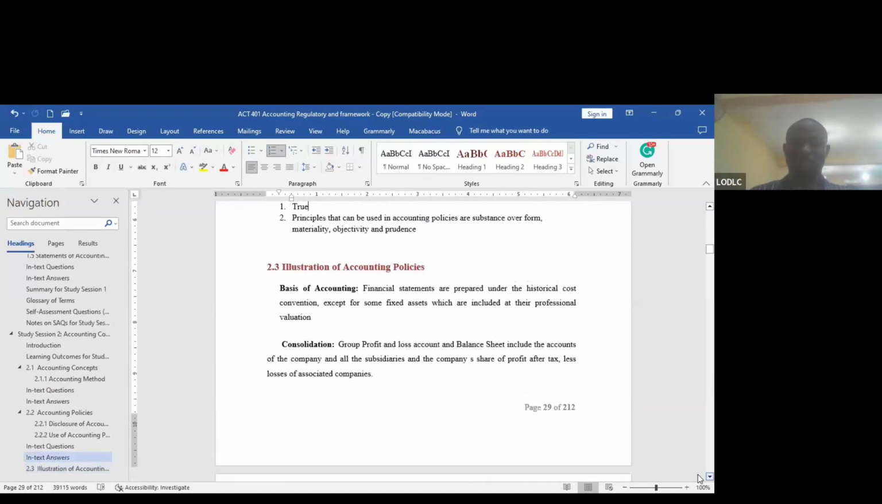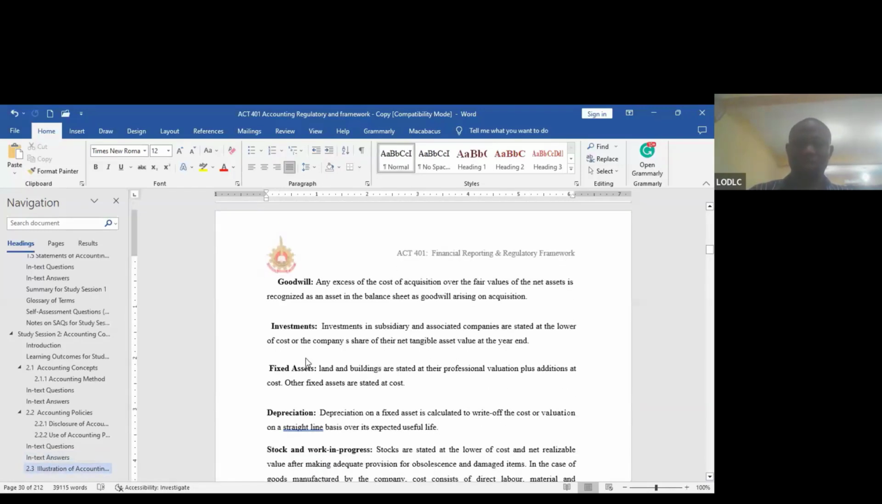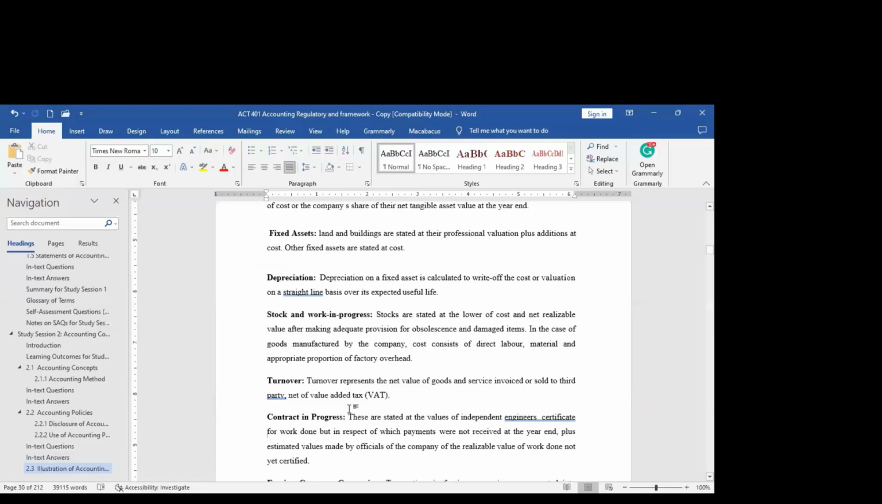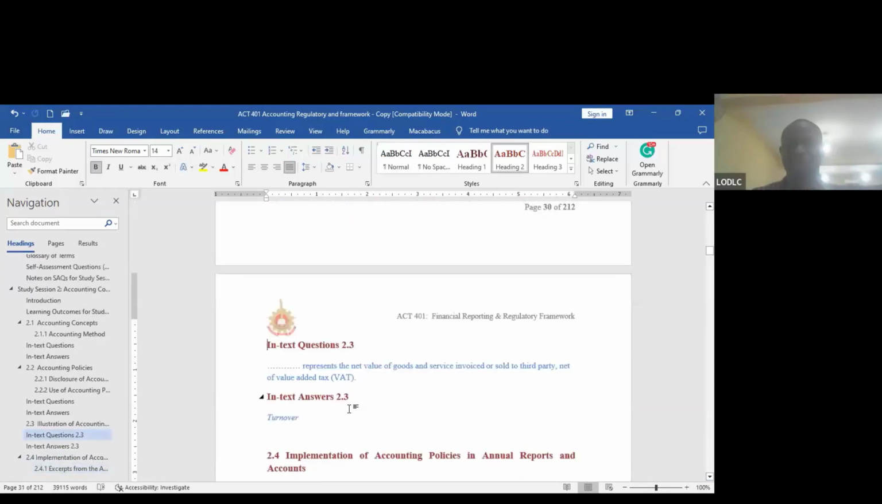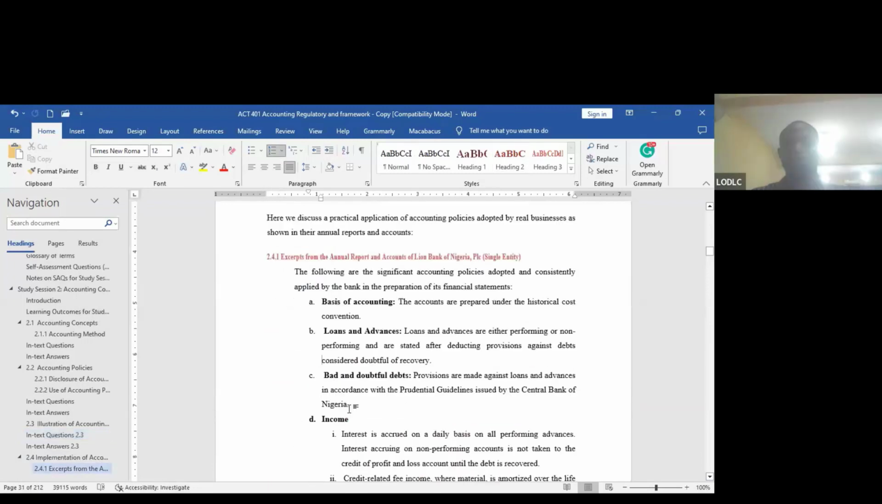So we have the basis of accounting, we have consolidation, then we have goodwill treatment, then we have investments, we have fixed asset depreciation. When we get to the calculation aspect of this course, we will delve much into this information. Then implementation of accounting policy in annual reports and accounts. So if you want to learn this,